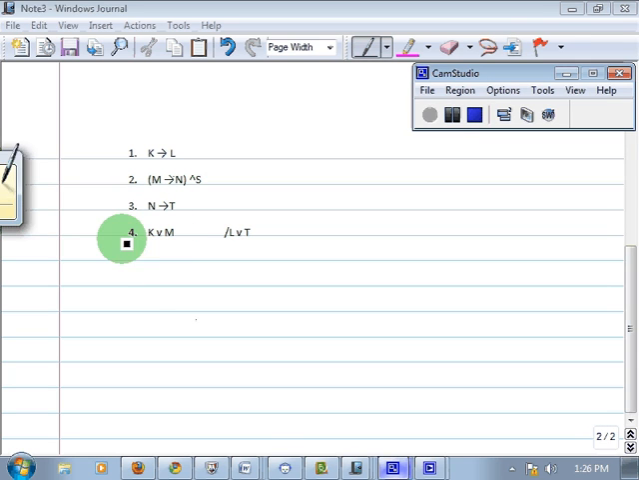Okay, so I'm going to show you the short version here with everything that we have. From our premises: if K then L; if M then S, or if M then N and S; if N then T; K or M. And then we want to get L or T. And from what we saw there,